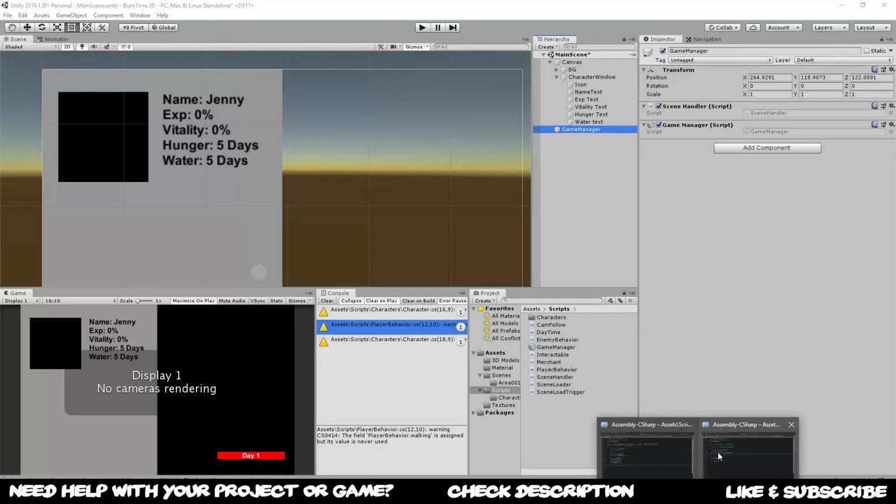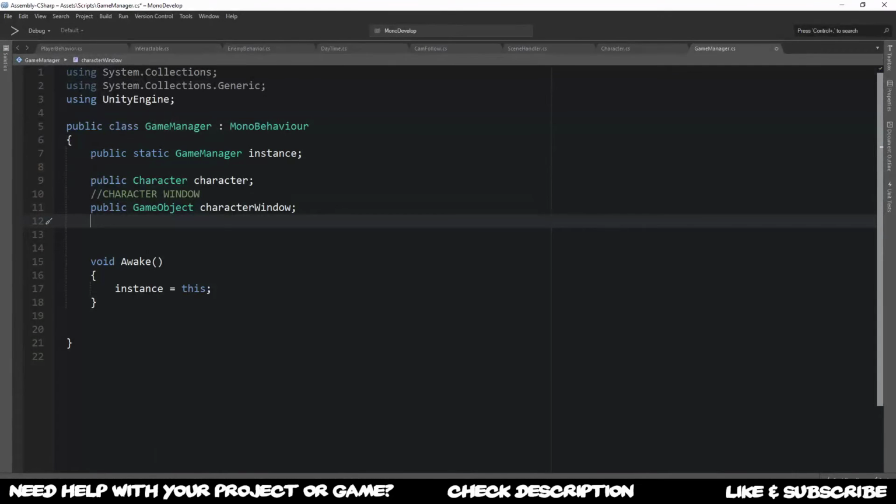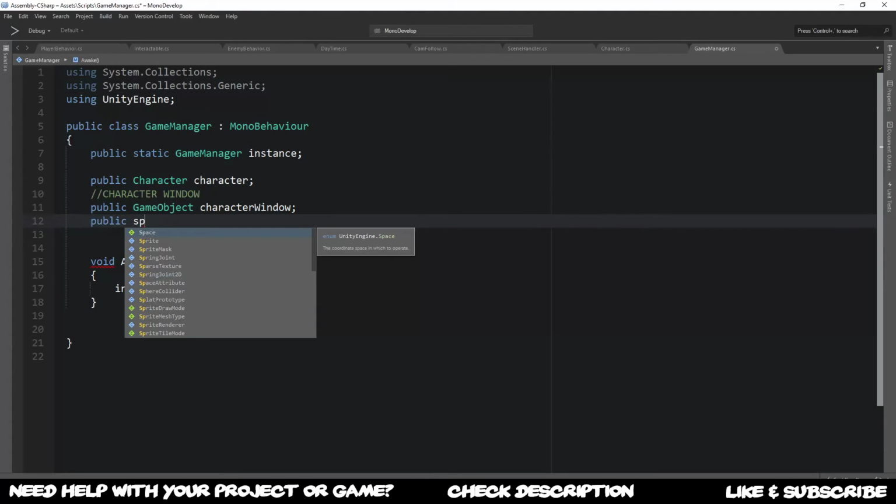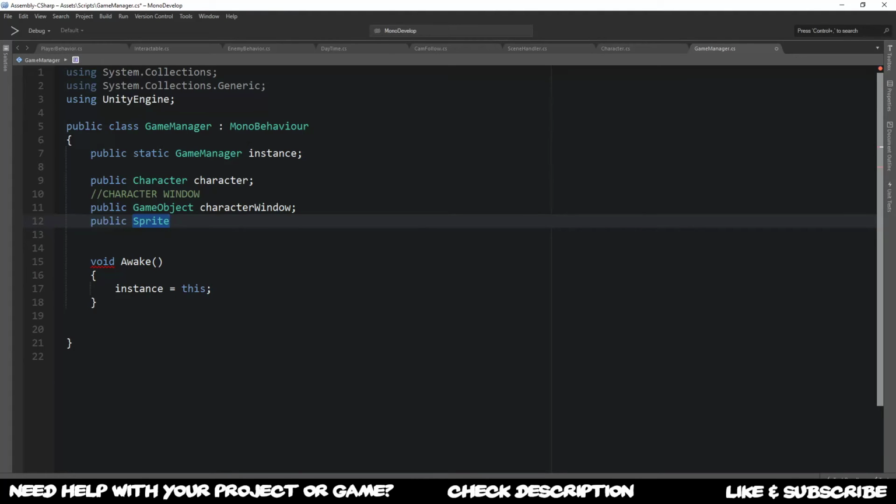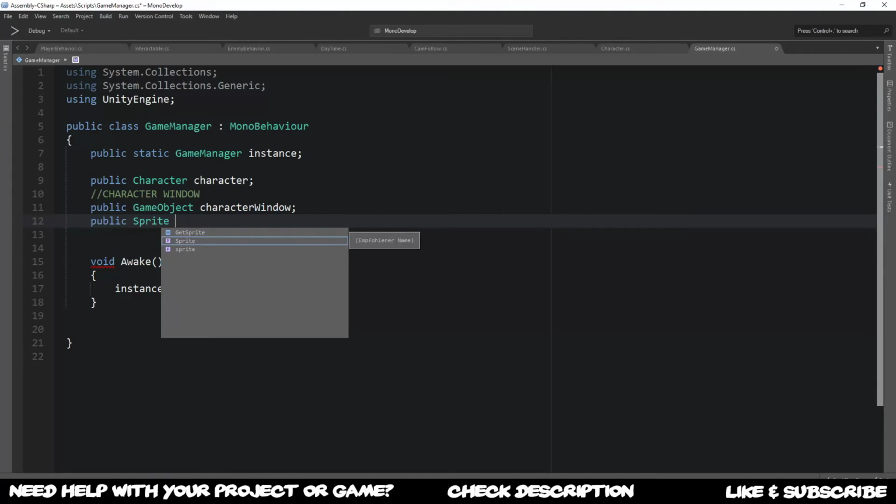I want to make sure that we create all the connections to that, probably for the moment inside the game manager, later maybe somewhere else. So we're going to have an icon, and the icon is of type sprite over here, and the sprite can be loaded directly once again and set from the character, but we need to create the character connection first. Otherwise we cannot load the correct information about it inside this particular